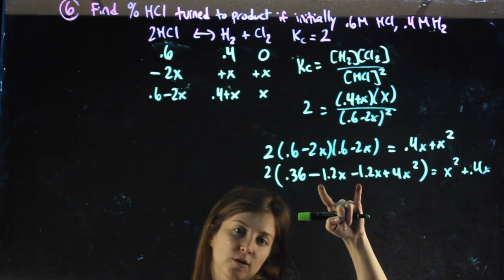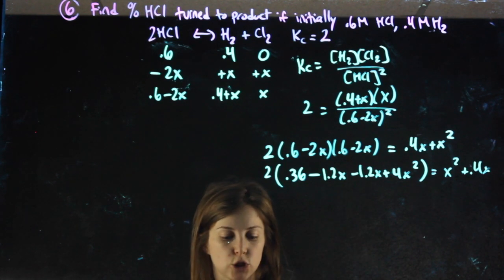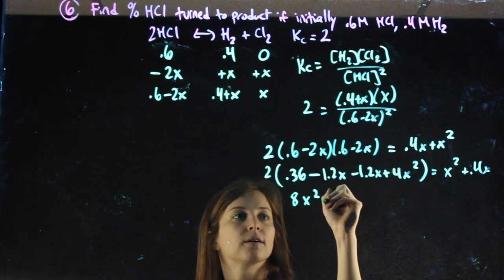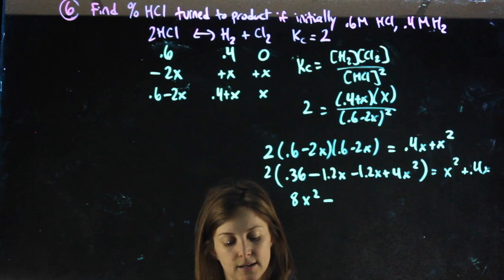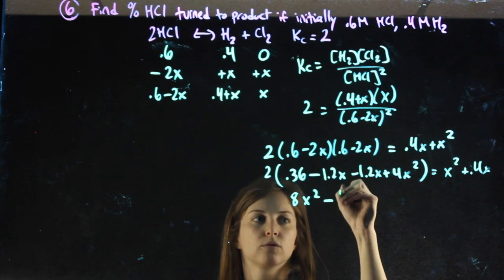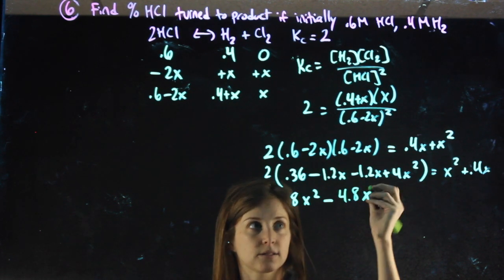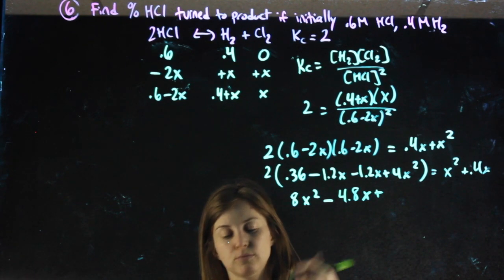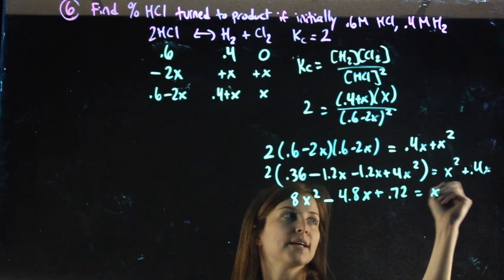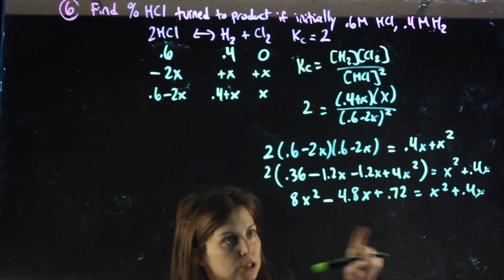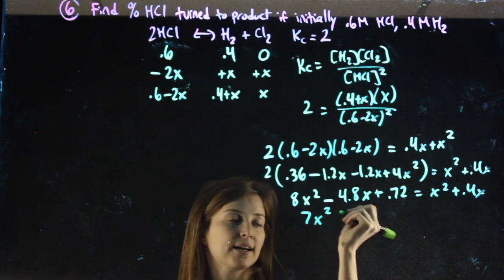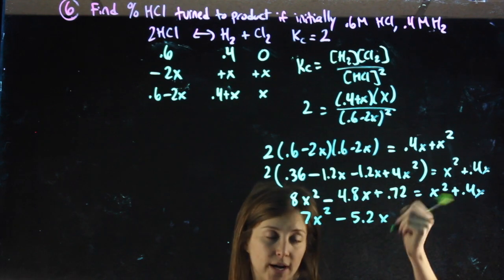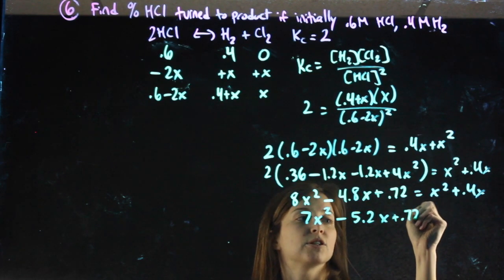Knowing that this really together is minus 2.4 and multiplying by 2 will be what I do in the next step. So 2 times 4x squared minus, we had negative 2.4 times 2 is negative 4.8x plus 0.36 times 2 is 0.72 equals x squared plus 0.4x. Subtracting x squared gets me 7x squared. Subtracting 0.4x gets me negative 5.2x. Plus 0.72 equals